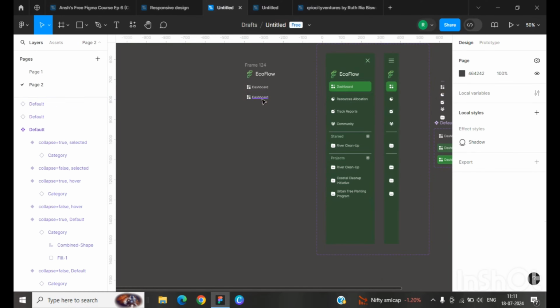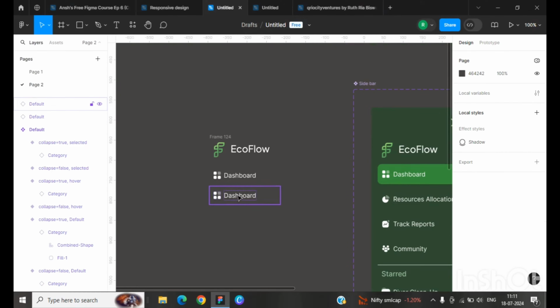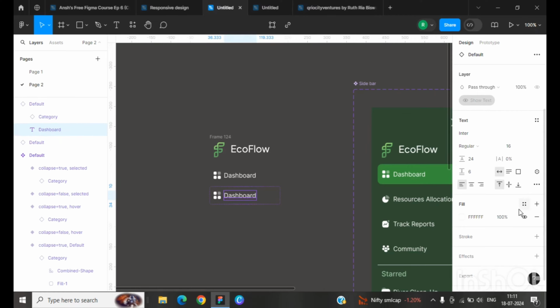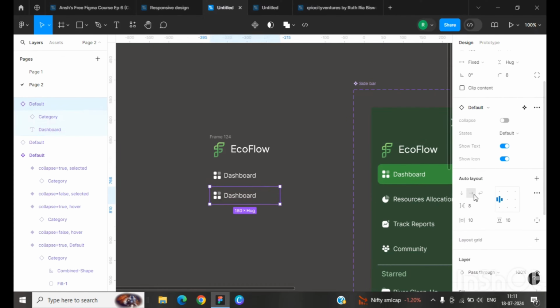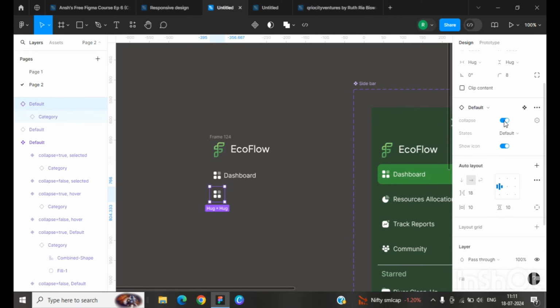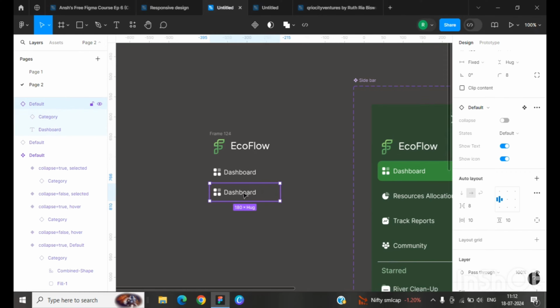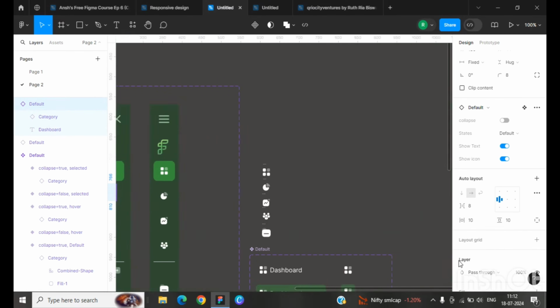Now what I'll do, I'll change the text. If you click on it, you will see we have our show icon, show text, default to other states, and collapse version. So now I'll select, okay, one thing,